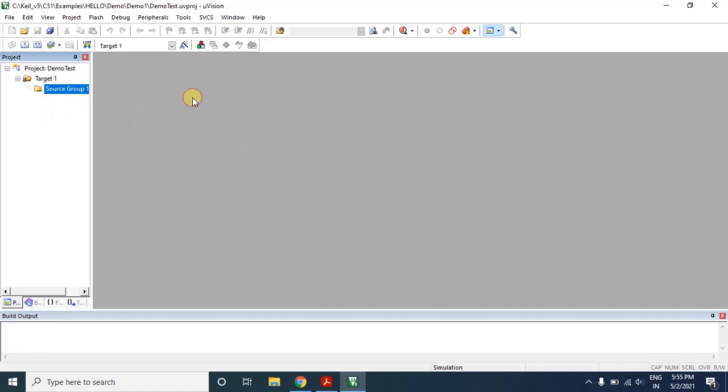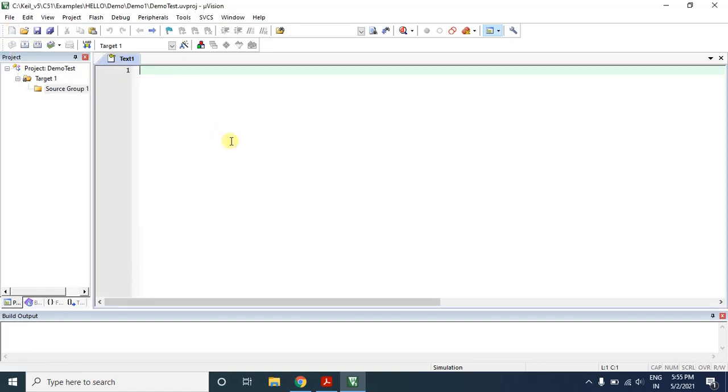Now let us create a new file. For that you select New and click on new file. This is the new text window, and here I am going to write my program. Let me start with ORG 00h. This is the start of the program, because your internal memory starts from 000, so it will start from memory location 0. Then